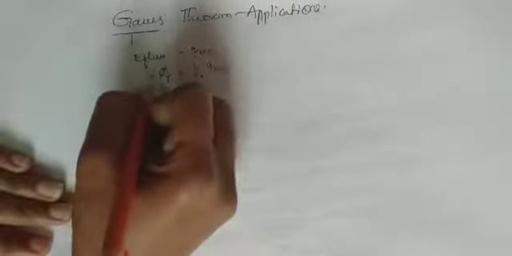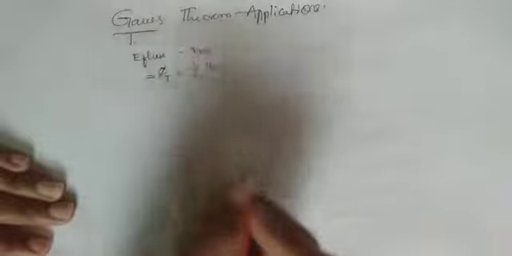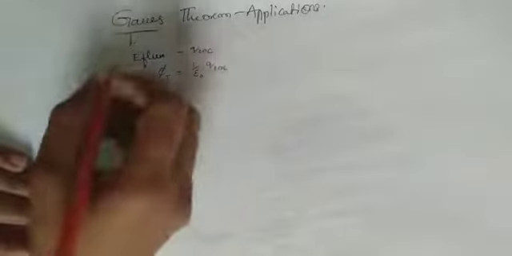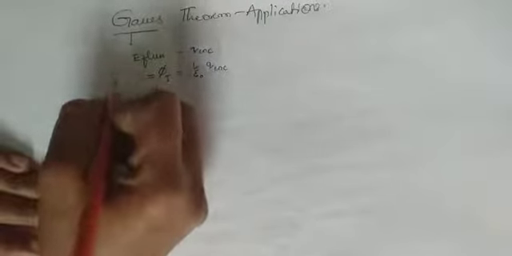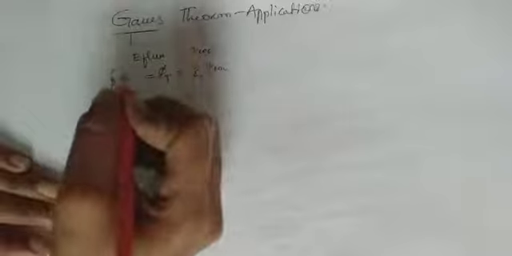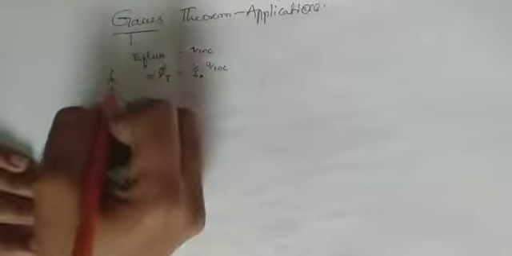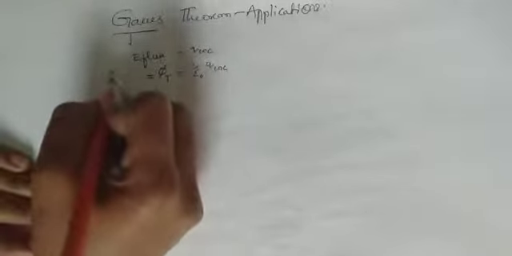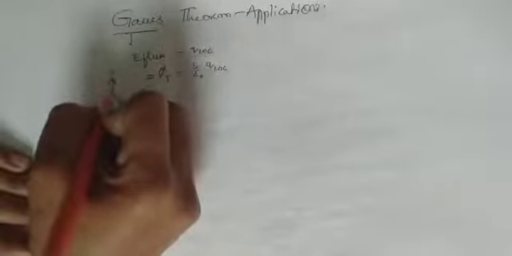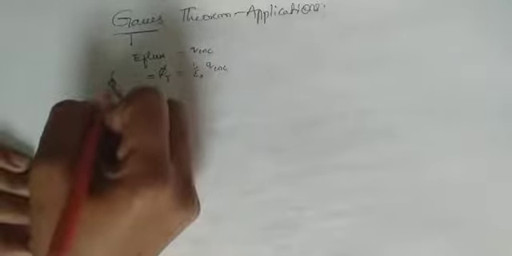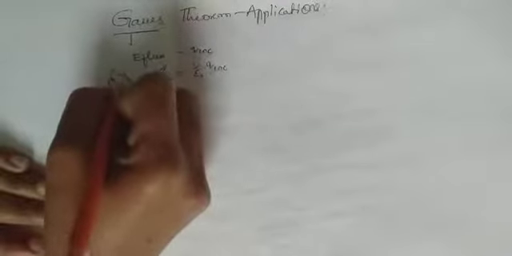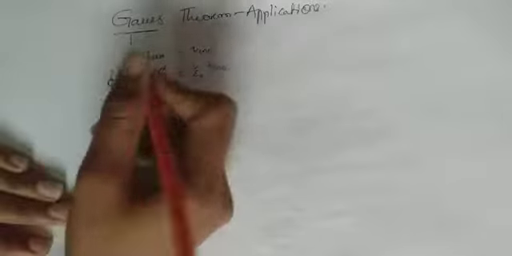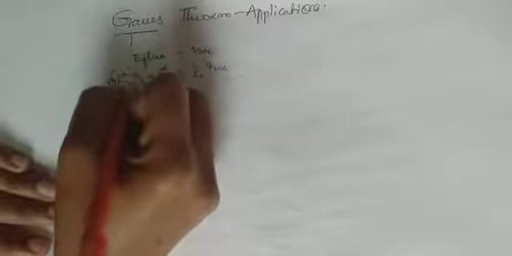But here we are taking the total flux for continuous bodies, irregular or regular bodies. We have to take the closed integral, because we are taking the closed surface. So integration for all surfaces which is on the closed one must be the product of the electric intensity and also the area vector.